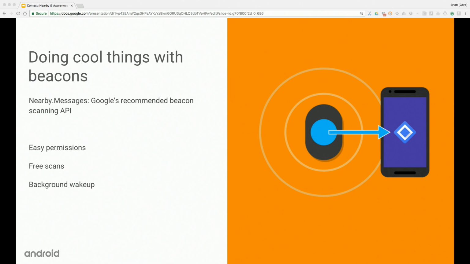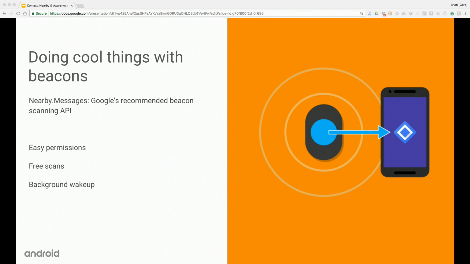There's a bunch of other advantages of using this API over the low-level API. One of them is that the permission story is a little easier. Android, I think, collectively made an odd choice around permissions prior to Lollipop, where you had to have the Bluetooth admin permission in order to do Bluetooth Low Energy scans. This was corrected in later versions of Android, but we wanted to take away that restriction even for older versions. Because Google Play Services can take care of permissions for you, you can use the Nearby Messages API to do scanning even on versions prior to Lollipop without having that permission.